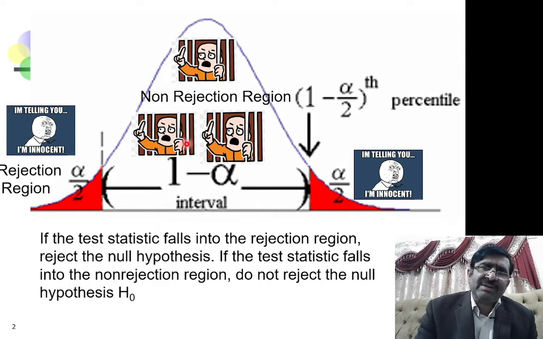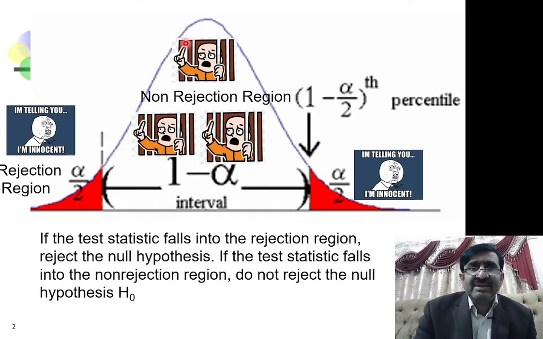Then we would say that 90% are witnessing that he is not innocent. That's why we go for the alternate hypothesis, because 5% or less is saying that the person is innocent. Then we reject the null hypothesis, and we conclude that the person is guilty, because 95% of people